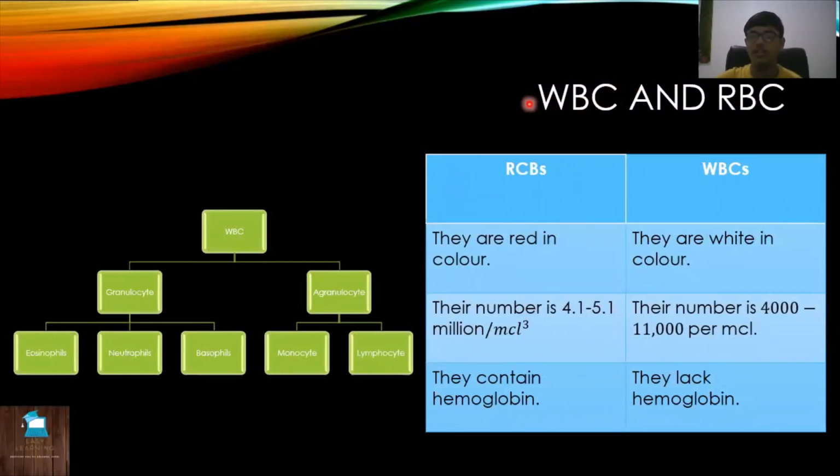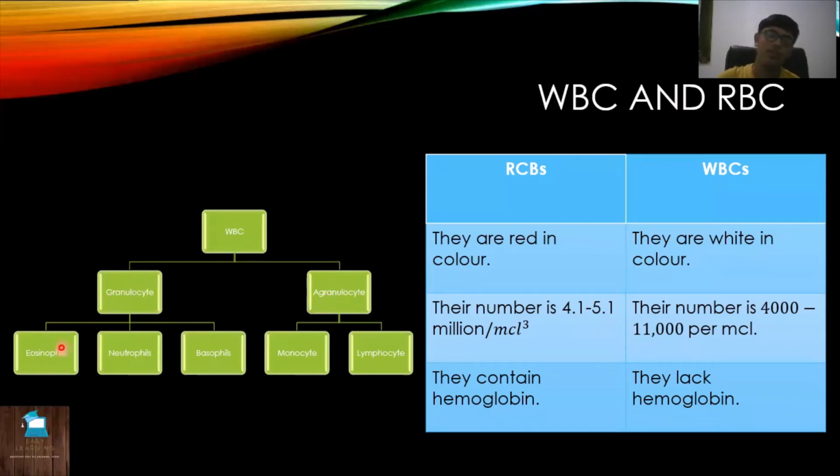Then next is the comparison of WBC and RBC. First, let's see the subdivisions of WBC. White blood cells are subdivided into granulocytes and agranulocytes.